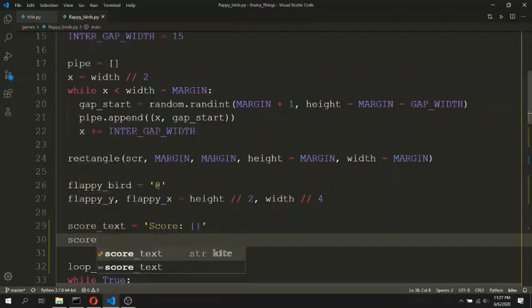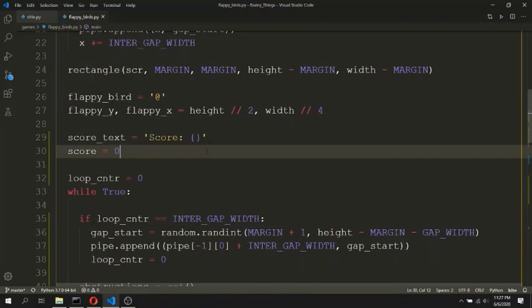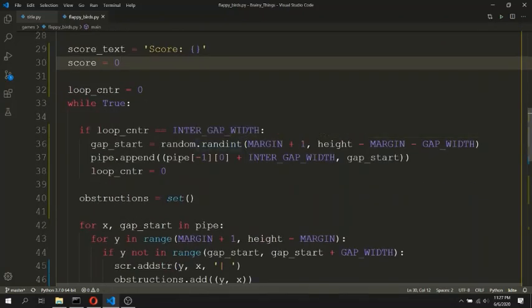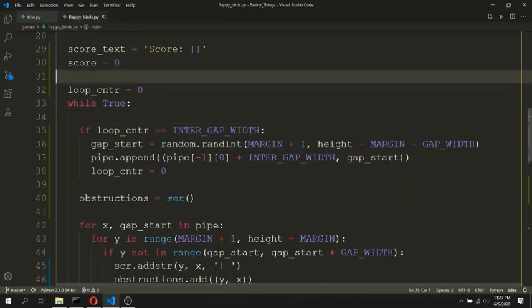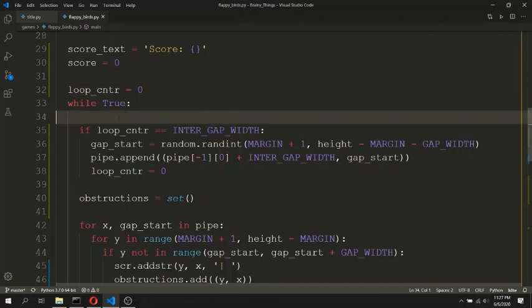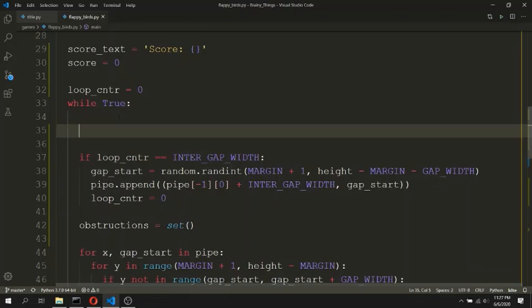We will initialize that score to be 0 initially. And inside the game loop, we will have the rendering of the score of the user because the score needs to be updated and rendered continuously in the game loop. So we are including this inside the infinite loop over here.